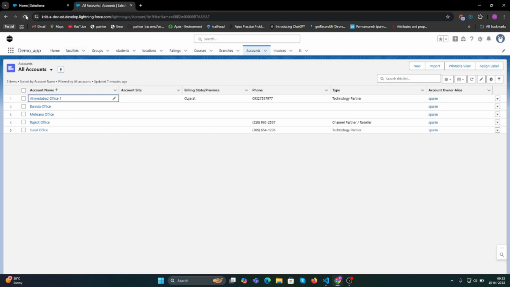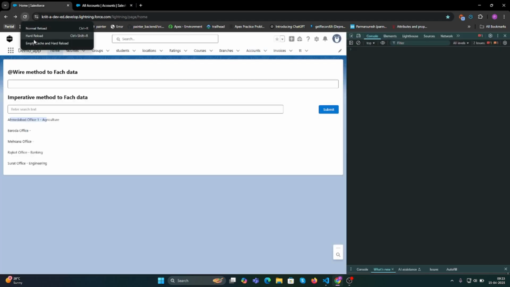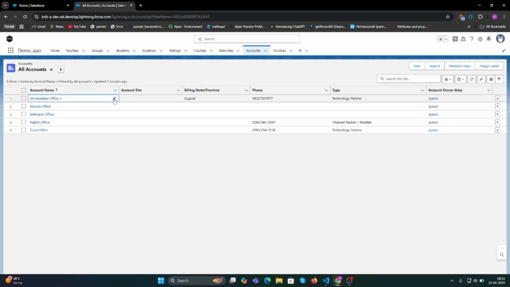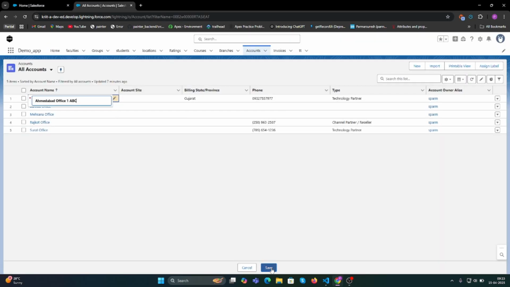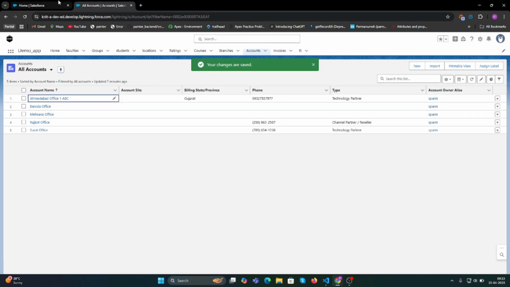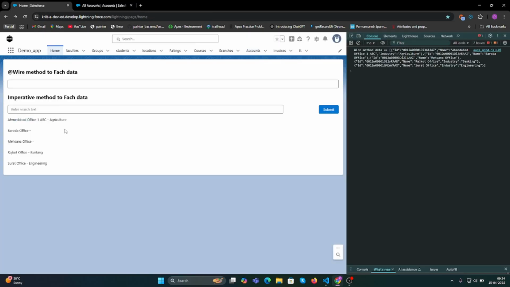Yeah, it is deployed, and now we are replacing. And now after replace, I will change the name of the office to ABC. Okay, and here you can see we are catching only the Ahmedabad office name. Now we have changed the name, and here you can see it when I have focused my